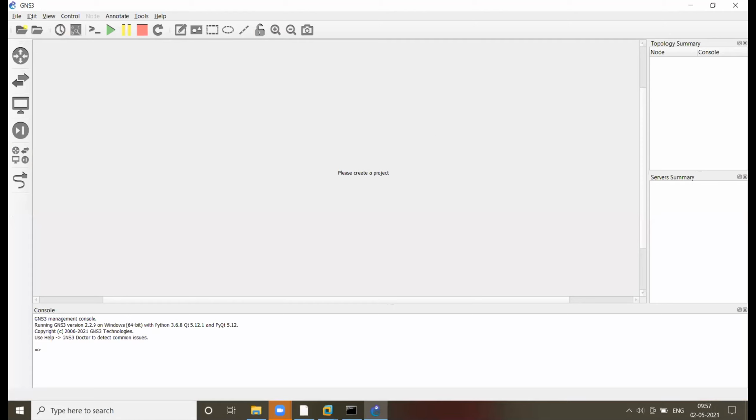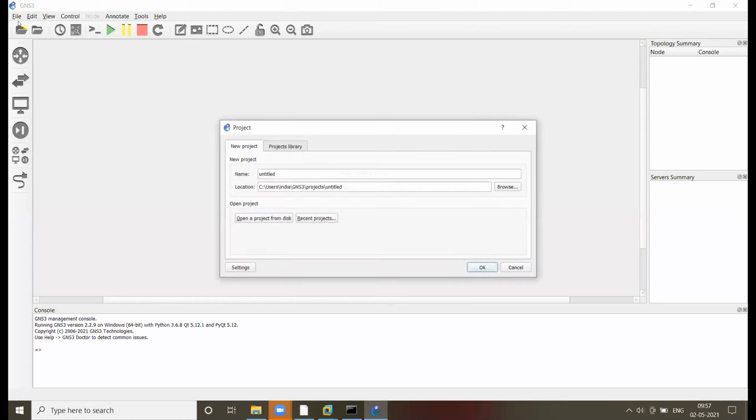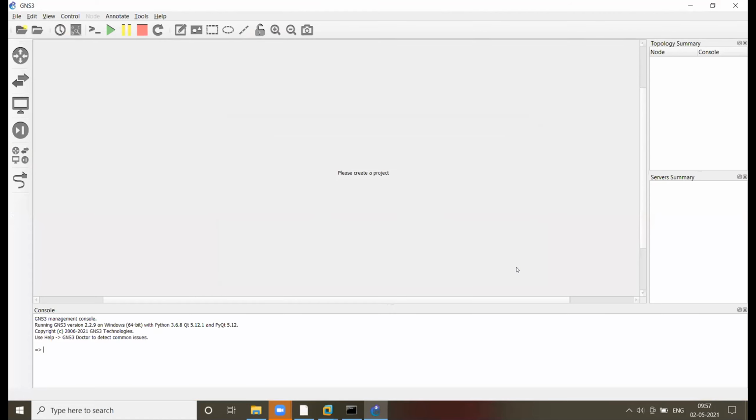Now you can click on edit. Wait, guys, 2 minutes. Let it connect to the VM. Now you can click on edit, preferences.